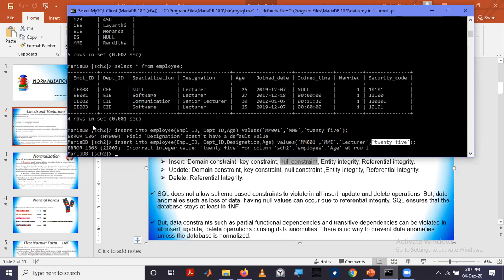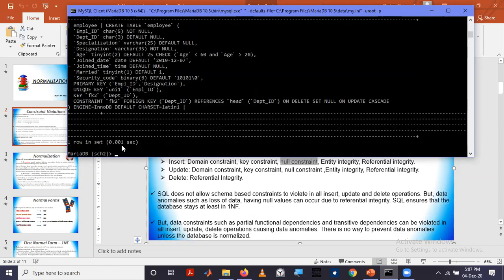If you see the show create table employee, you must remember that this employee ID was created with the unique property. We'll see whether the key constraint is allowed to be violated in SQL. For that, I will take update as the example.